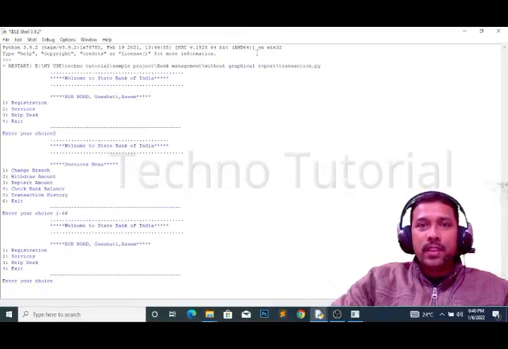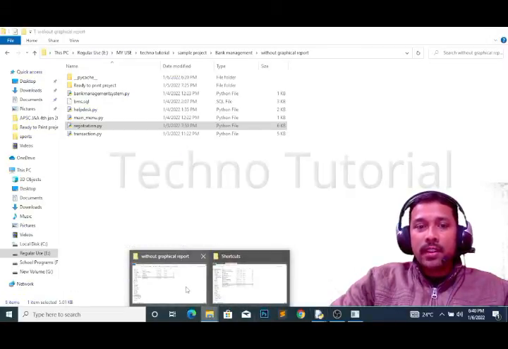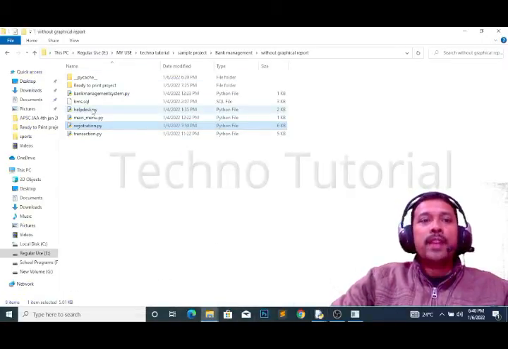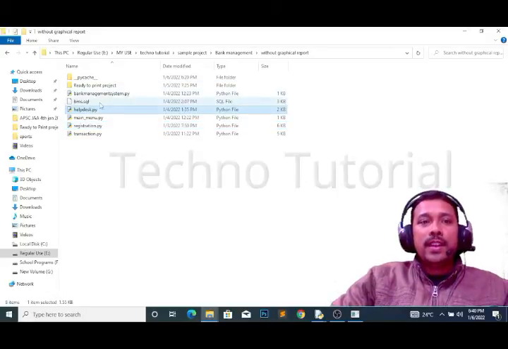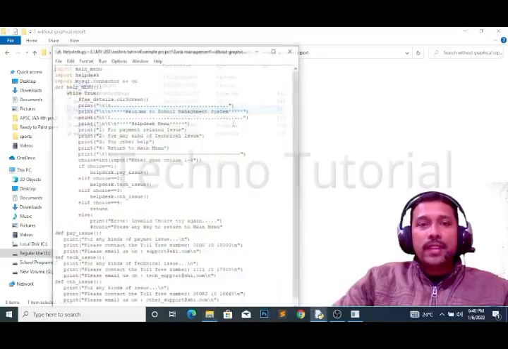Right? So in the main menu, another function is there, that is help desk, right? Press 3 for help desk, another function that we have given. So press 3 here, press enter. If you press 3, so this part has come. For this help desk, I have already created another module, this one. See, this another module I have created here. Just open this module right now. So this help desk we have opened here.